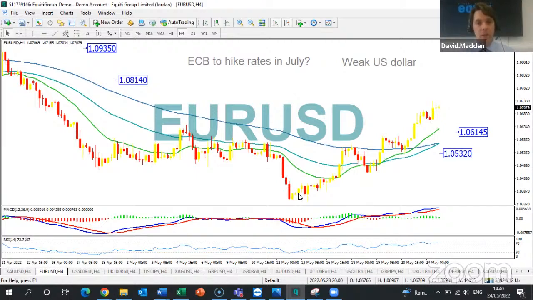Going from, on the 13th of May, the middle of the month, a 5-year low to a 1-month high. So if the currency pair continues to hold above these 3 simple moving averages, the more medium-term upward trend will continue. A rally from here could see a target of 1.0814, and a break above that could see a target of 1.0935.